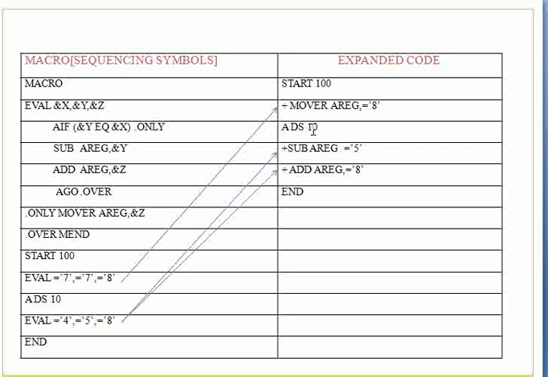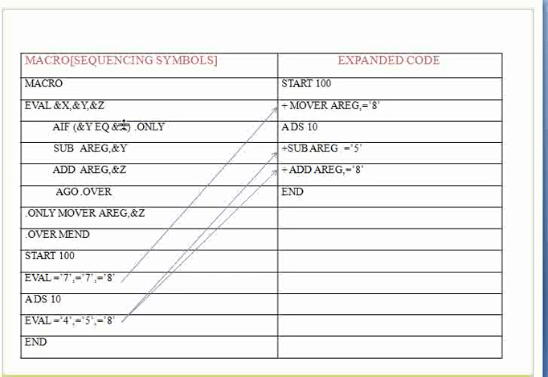It's a DS statement, so it will write it as it is. When it goes to the next line, it sees that it's a macro call, and that means expansion should take place. Now x takes the value of 4, y takes the value 5, and z takes the value 8, and in place of this line it has to write the body of the macro. But how many lines to write depends on the condition we are using. So here it will first test the condition if y is equal to x. For us, y is 5 and x is 4. 4 is not equal to 5, so this condition becomes false.